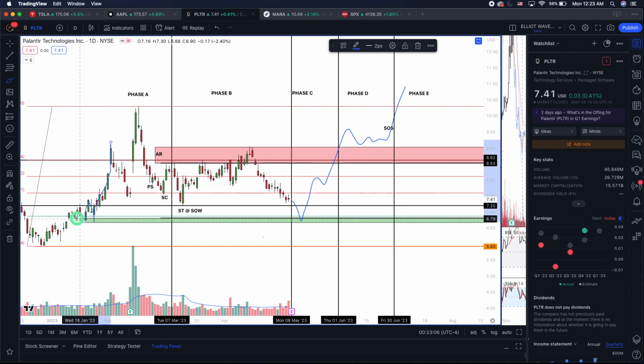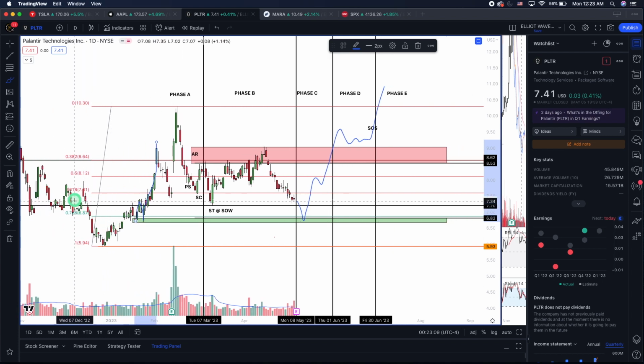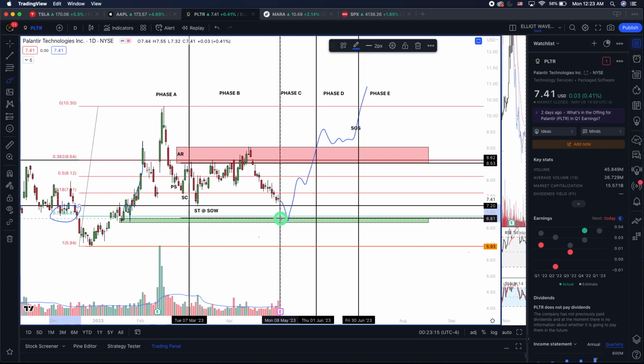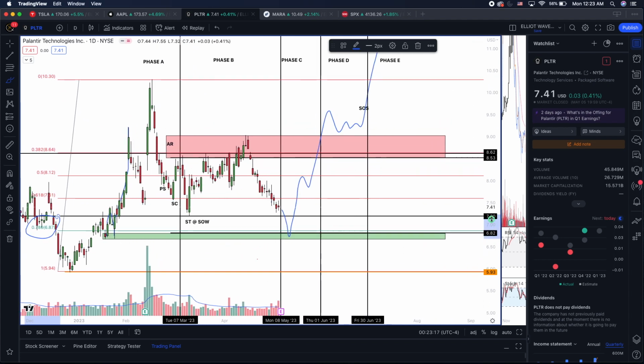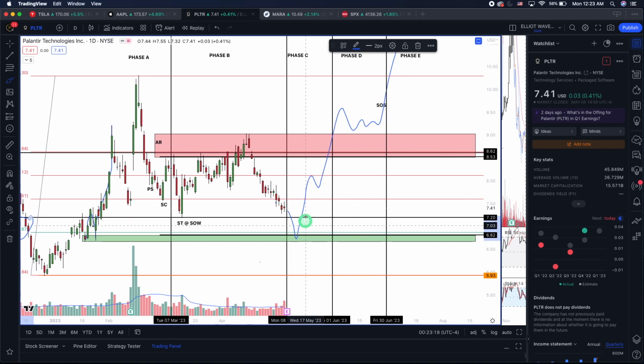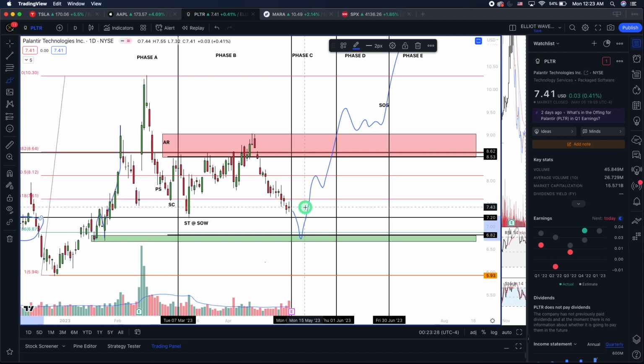So that tells me that this is a strong demand zone. Kind of lines up with our 78.6% retracement of this entire move. So I like this as an area for us to basically come down to and possibly spring up. I'm not saying that that will happen. It's just something that I'm keeping on my radar as a potential area of interest as to where we